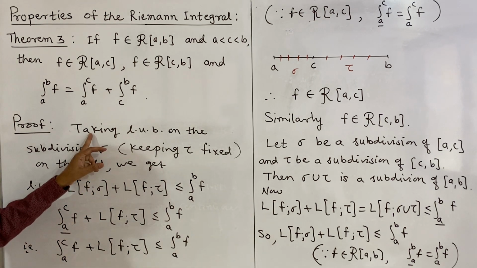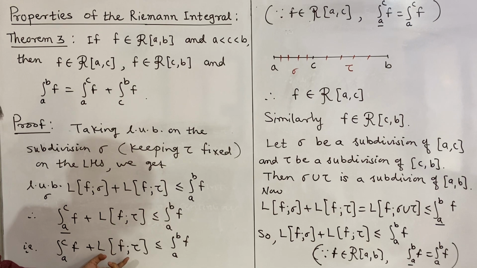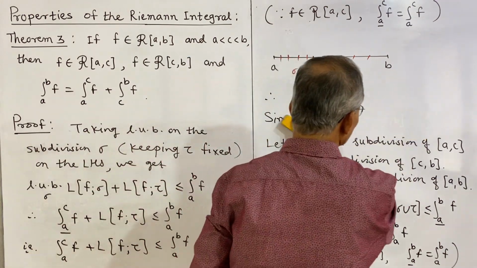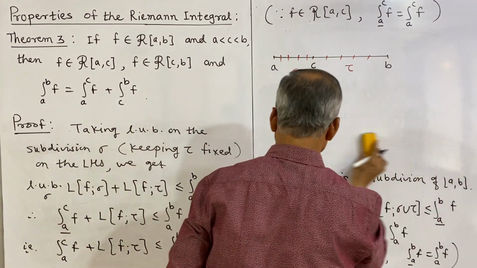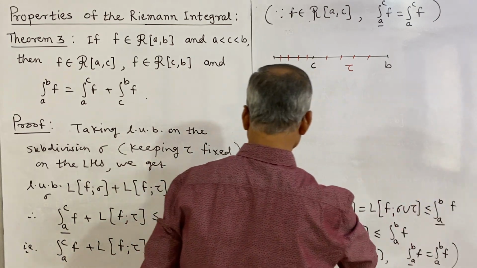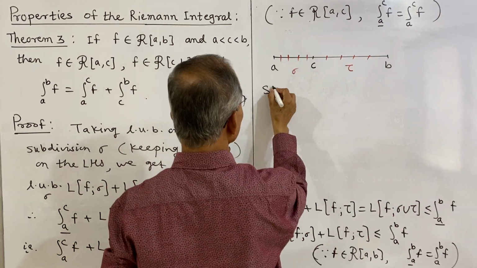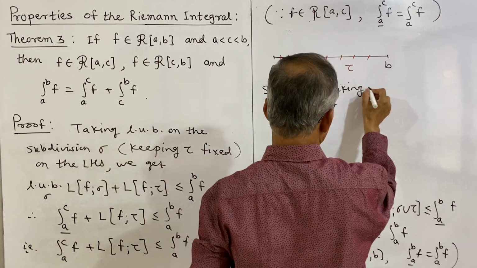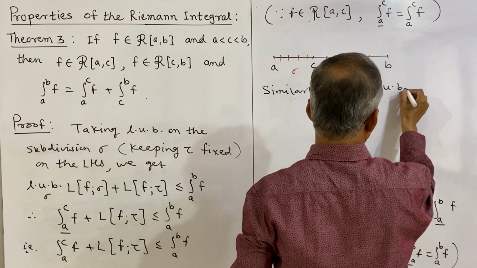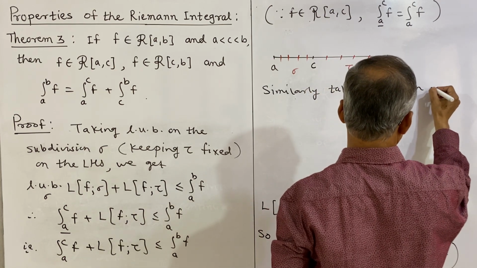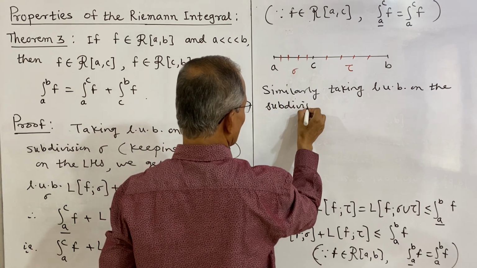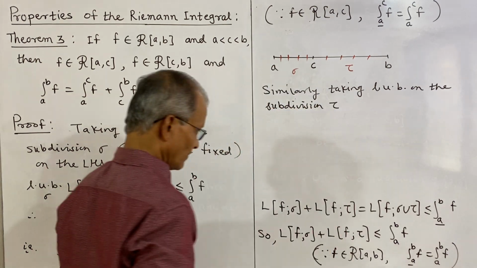Similarly, now we take the LUB on this subdivision tau. This will change: the subdivision tau is from c to b, so we can further write, similarly, taking LUB on subdivision tau, we get,